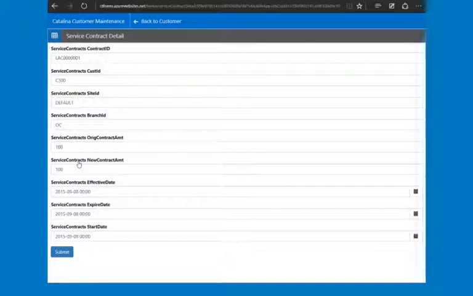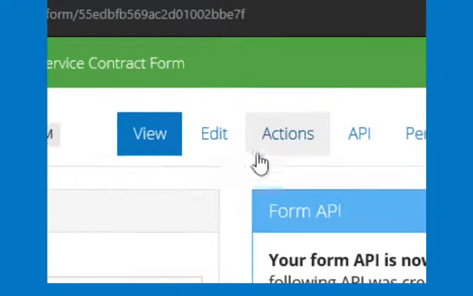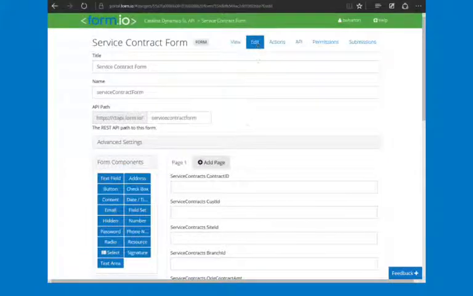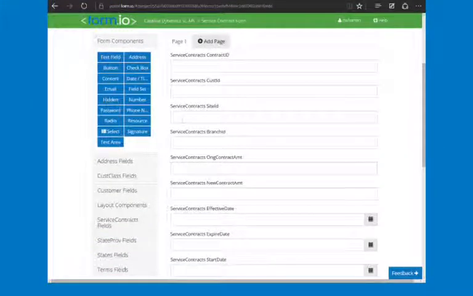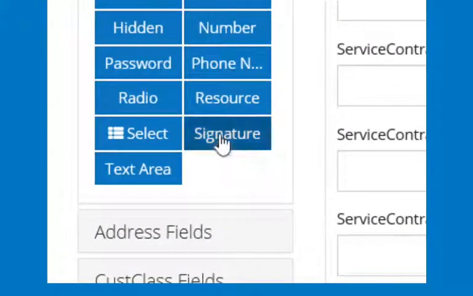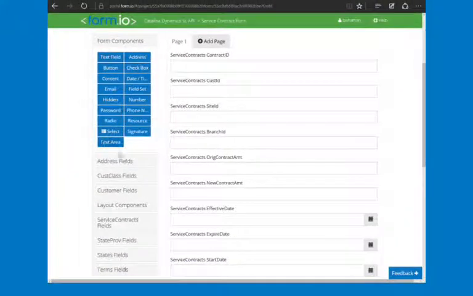And so it makes it really easy to be able to deal with this. But now, let's do something really, really interesting, and let's go a little bit farther. So if I go back into Form.io, let me edit this. Let's say I want to do something really kind of cool where I want to capture a signature. So now we've got these form components that aren't really tied yet to a resource, but if I go and